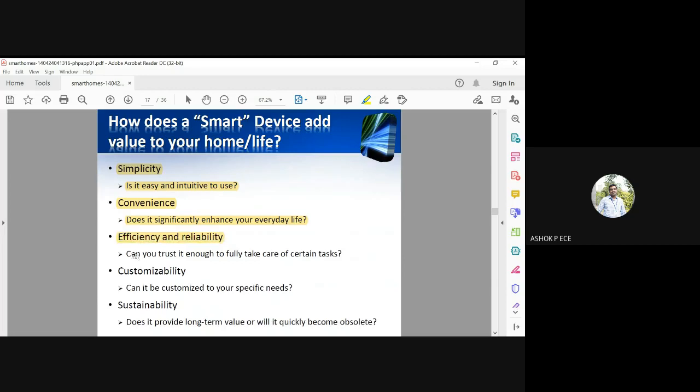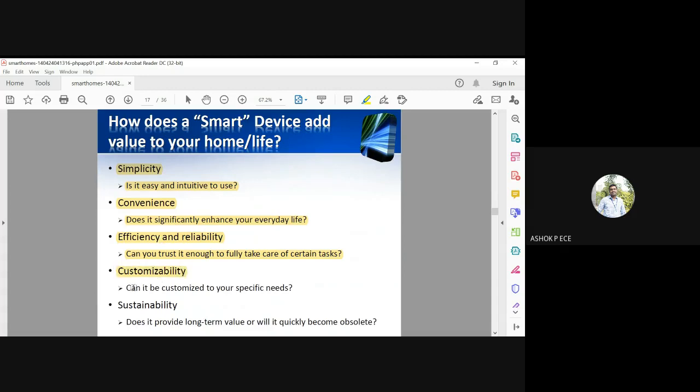Efficiency and reliability, yes. The information transmitted by these sensors over the network is going to be completely reliable. Nobody can hack it and get the data. It is going to be completely reliable and efficient. So the information will be passed on immediately. If some eventuality happens, some fire has happened in your house, the sensor will detect the fire and immediately send you the information on your mobile phone, or a call will be made. So you can rely upon the performance of the sensors. And efficiency is very good. As long as things are good, the sensors will work fine. In case of any wear and tear of the sensor, we need to replace the sensor.